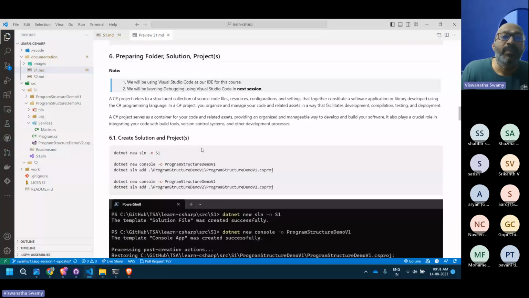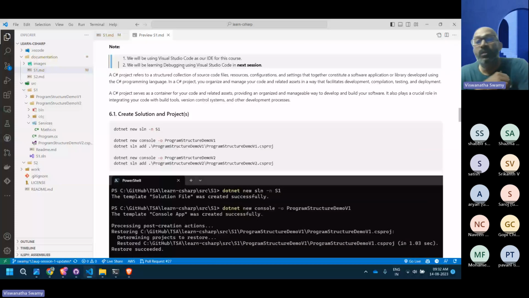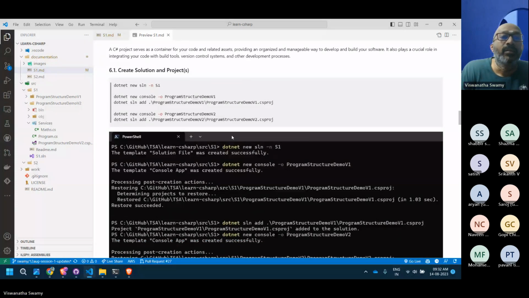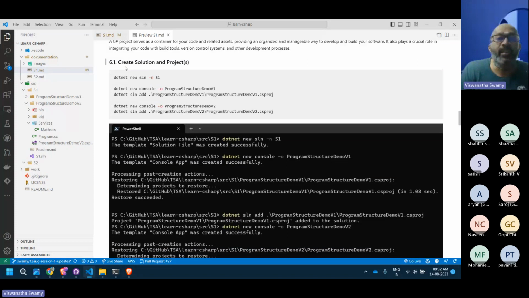A couple of things are debugging, as well as how the MSIL looks, and how the machine code and the JIT compilation happen. That's the advanced level, but I will definitely show you in the next session. We'll visually see what this MSIL is and how the JIT compilation happens. I'll give you a sneak peek of that a little later. So first thing we will be seeing here.